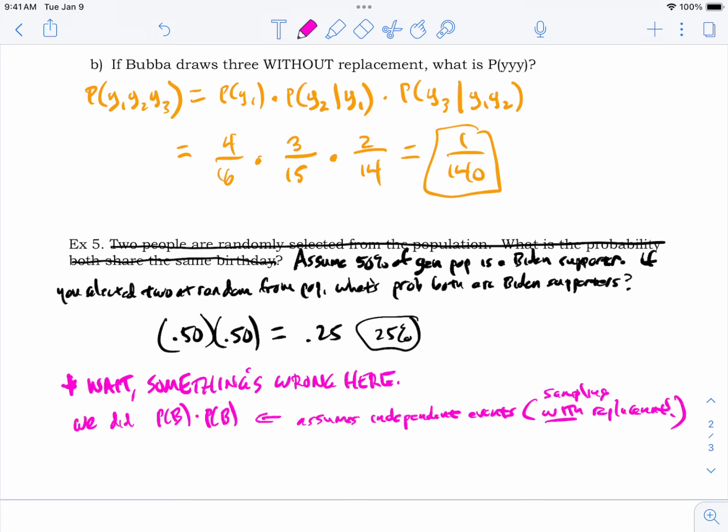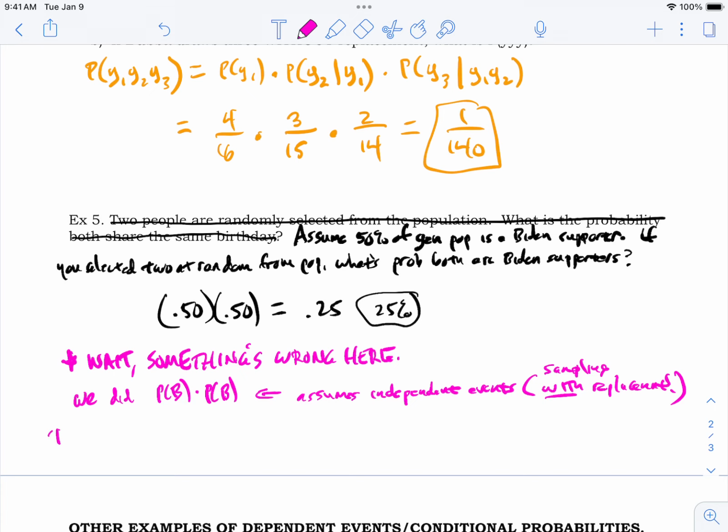That's not really how we do that when we go take a poll. Do we actually grab somebody at random and then put them back in the population? And then go out again and grab another person? It's not really what we do. What we usually do is we grab a bunch of people, put them in a room or whatever, and then talk to them, right? So it's not what we did. So I'm going to say theoretically, since we draw without replacement, or sample without replacement,